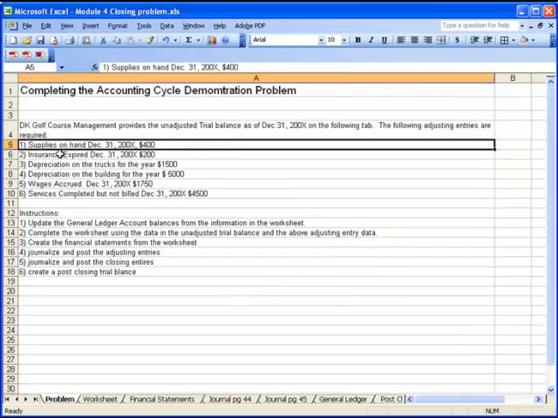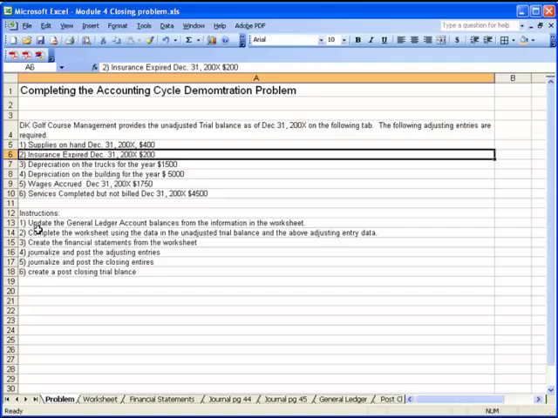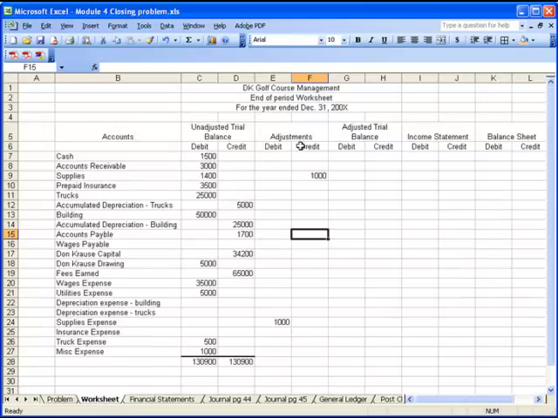Back to our problem, our second adjusting entry is to insurance expired December 31st is $200. Well, the word expired means the amount that's been used up. It tells us the amount of the adjusting entry. If we go to our worksheet in our adjustments column, if I was going to journalize this entry, I would go to supplies expense as a debit, $200, and I would go to my prepaid insurance and credit $200,